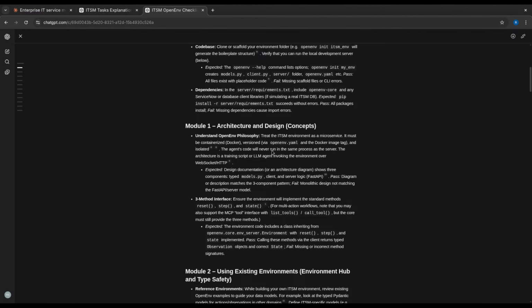We needed to make it in a microservice way, that much we understand. The agent code will never run in the same process as the server. We have to make sure that this is happening.